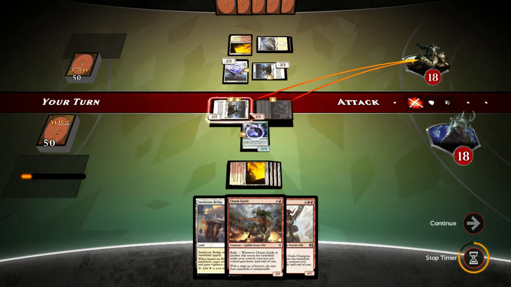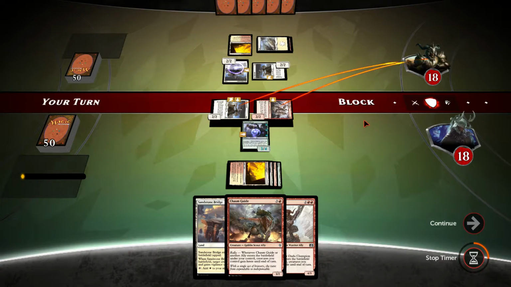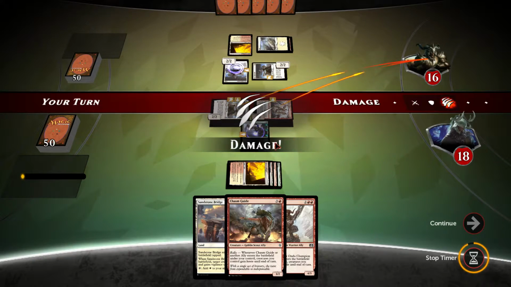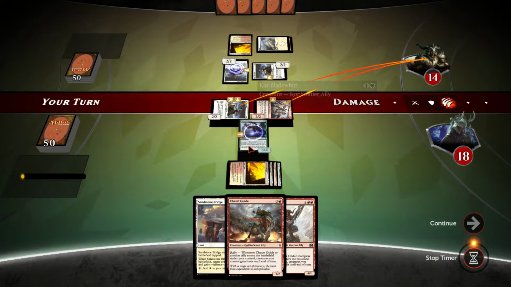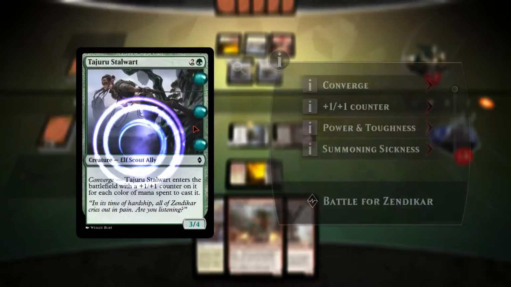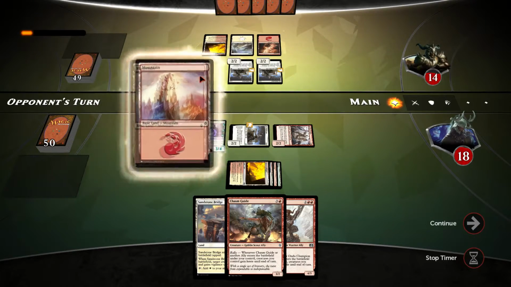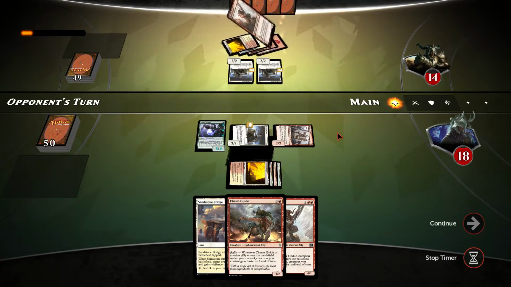We will swing with both of these, as again, they both have first strike. So I'm assuming he's probably not going to block. So we push through 4 damage here. I can actually now block one of these creatures thanks to my Tajiri Stalwart, which is the exact reason why I wanted to play it. The exact reason why it's in the deck. It's a nice converged creature. Comes down as a 3/4 pretty much every time in this deck, so...